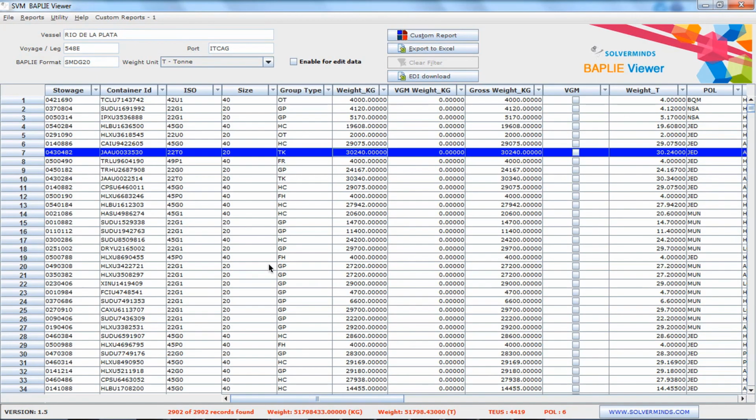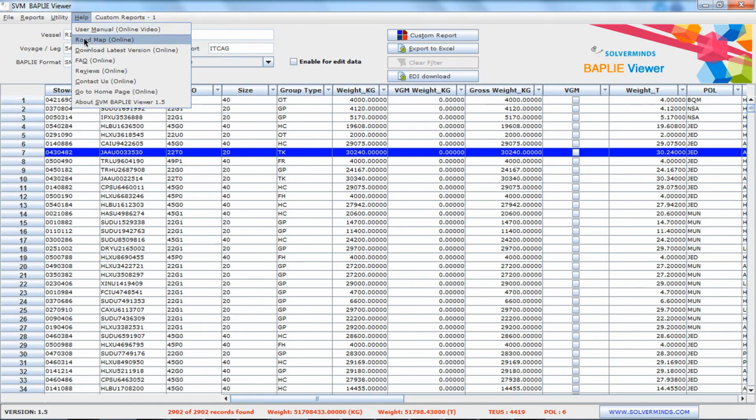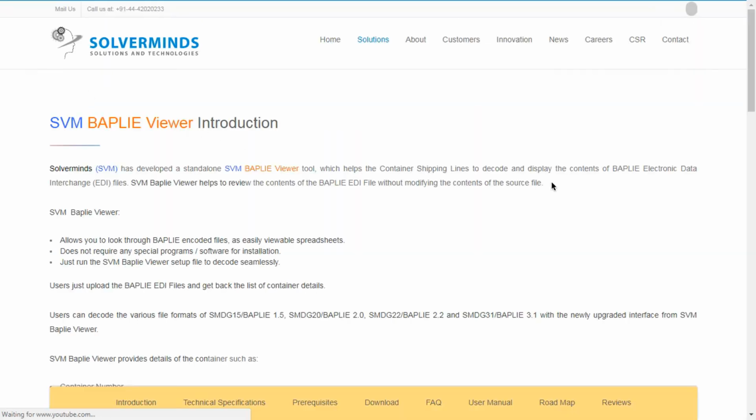SVM BAPLIE Viewer provides more help options for the user, which are available under the Help menu. You are provided with the User Manual, which is an online video roadmap. You can download the latest version of the application online, read the FAQs, reviews, find the contact details, and navigate to the home page. For more support on SVM BAPLIE Viewer, contact